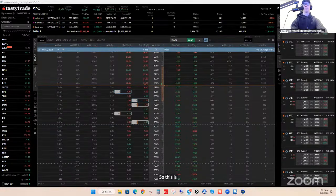So this is a defense trade if price moves higher than our call spread. So 940 is max profit. We shouldn't need this trade based on current VIX and volatility, but better safe than sorry. For the day, DPP for $1.50 credit and a potentially